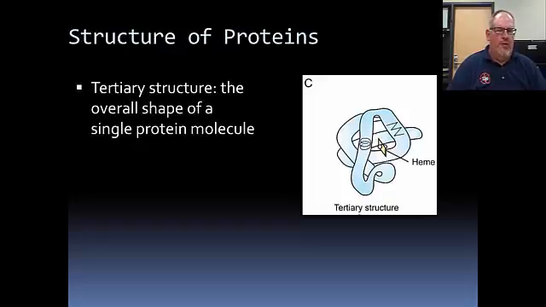Tertiary structure is where we start putting multiple proteins together. So we've taken the polypeptides, we've made proteins. Now we're going to add proteins together that are alpha helical or beta pleated sheets. A lot of times we'll add something called a heme group in there that helps to bind these together. And so this gives a tertiary shape, the full three-dimensional shape of the protein. The secondary structure, where we get the beta pleated sheets or the alpha helical, starts a three-dimensional structure, but the full three-dimensional structure of a protein is put together when we put multiple proteins together and we get this tertiary shape.